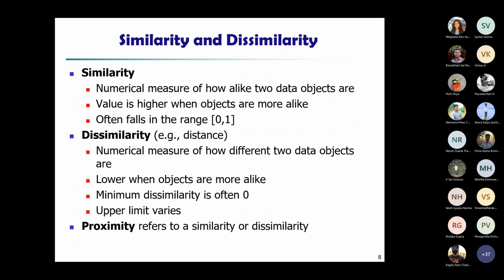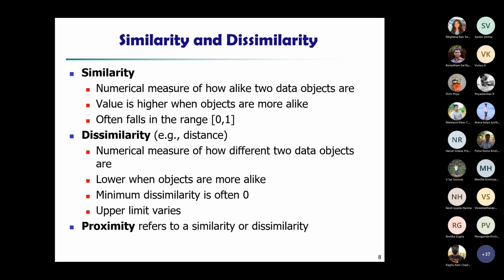Okay, now we are talking about similarity and dissimilarity. I think similarity maybe we didn't discuss till now, but dissimilarity of course we have discussed, because we have discussed distance measures, Euclidean distance and other distance measures. So that is our dissimilarity, or we say distance. How far it is from the other.